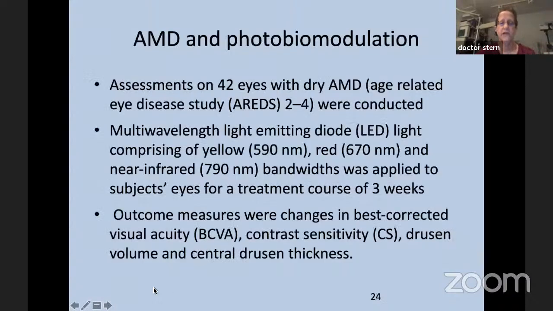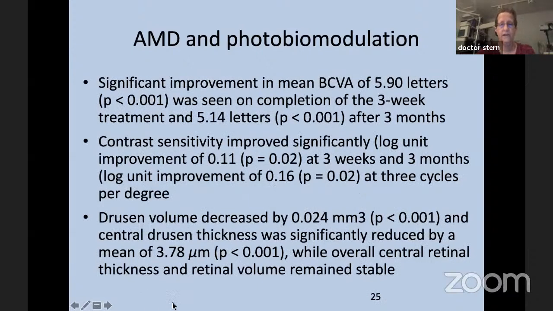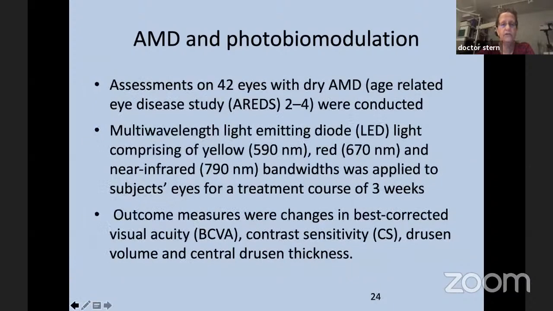So what about macular degeneration? Well, they did find that when they tested different levels, different peaks of light on subjects' eyes, and then looked at best corrected visual acuity and contrast sensitivity, they were able to measure the drusen volume and the drusen thickness. And basically, what they found is that in patients who were exposed to these multi-wavelength LEDs, so they had all these colors and near infrared in them,